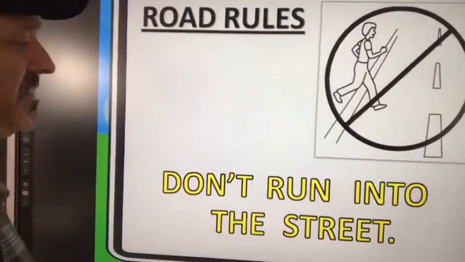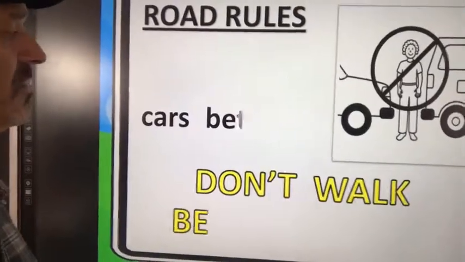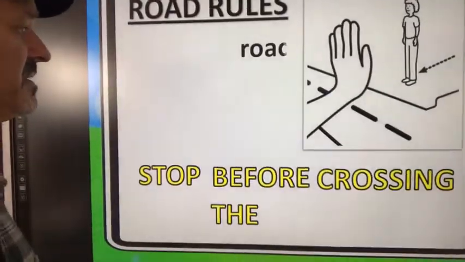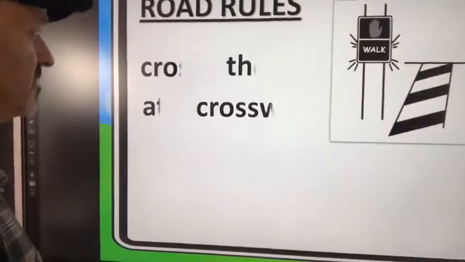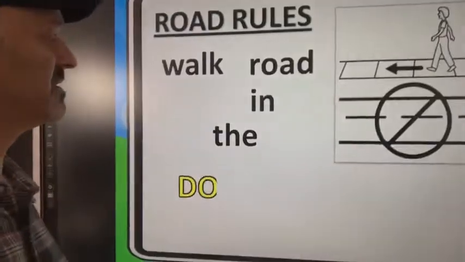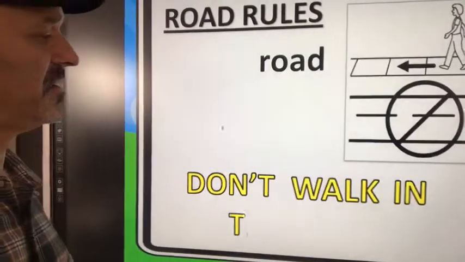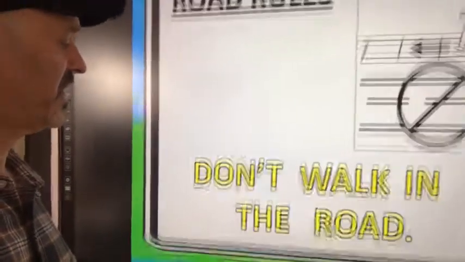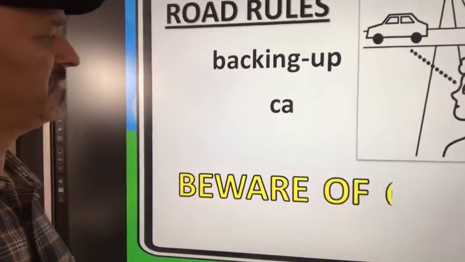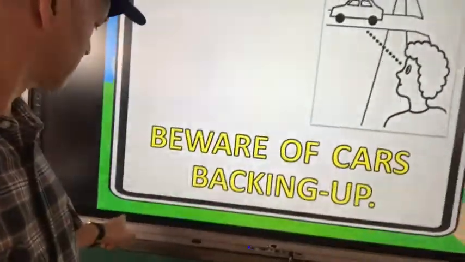Run to the street, walk between cars, prepositions they should be familiar with. This one's a double slide. Crosswalk, you might want to double check that. Some people, it's pretty familiar vocabulary there. And this one was a little bit different, backing up, cars backing up, so there's kind of some new vocabulary there.